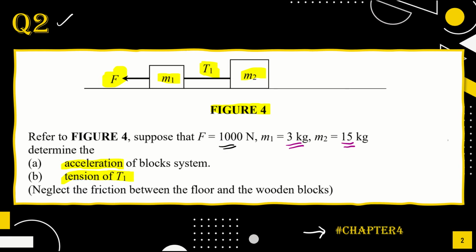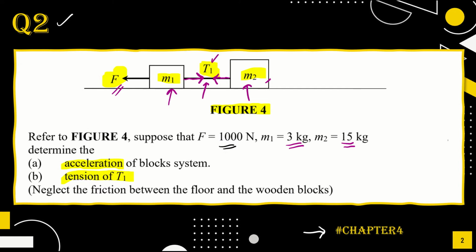So before we solve our question, we make sure that we know that every block, M1 and M2, has forces acting on it. For M1, we have the external force. At the same time, we also have T1 directed outward from M1. For M2, we also have T1, but this time it is acting to the left. Because they are sharing the same string, the value of tension to the left and to the right is equal,